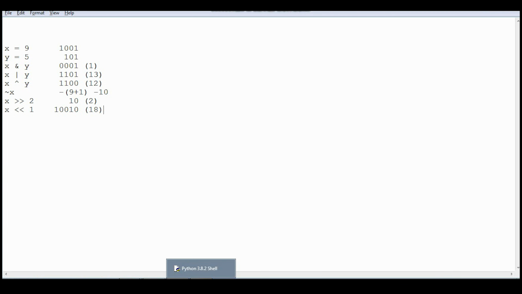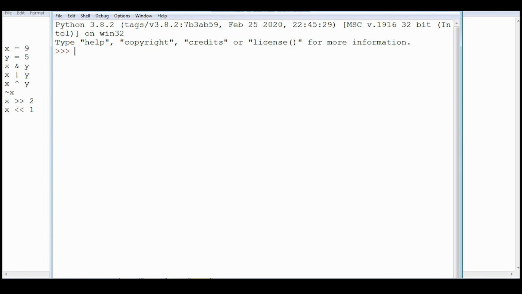Let's see this result in our Python interpreter. X is equal to 9. Y is equal to 5. X and Y, you can see 1. X or Y is 13.